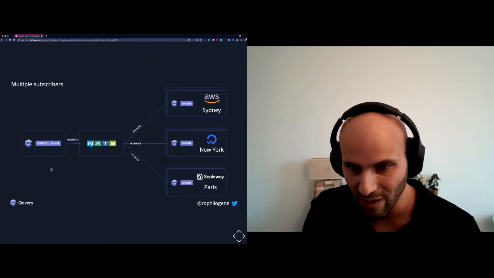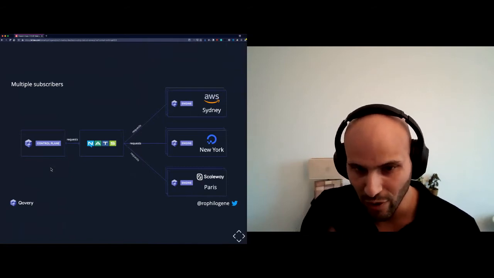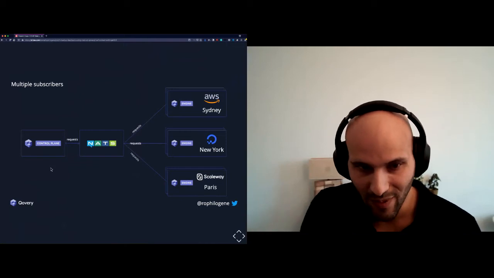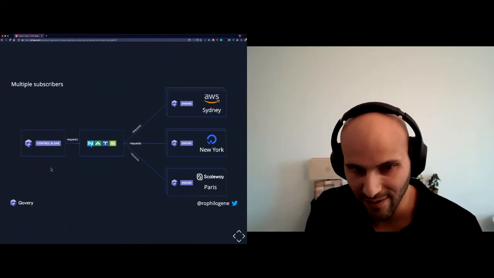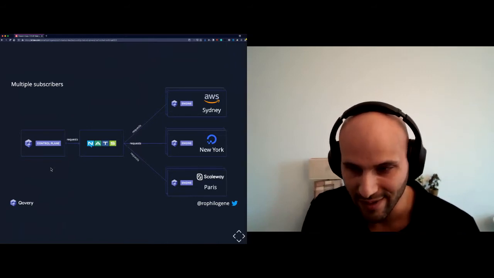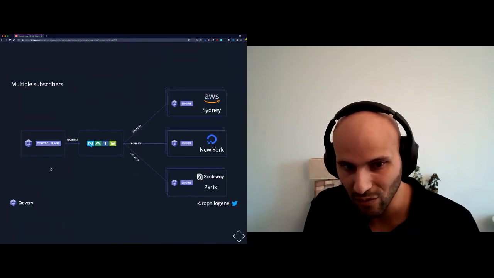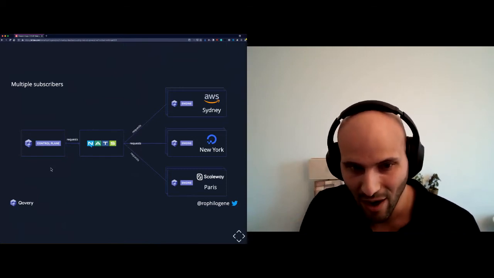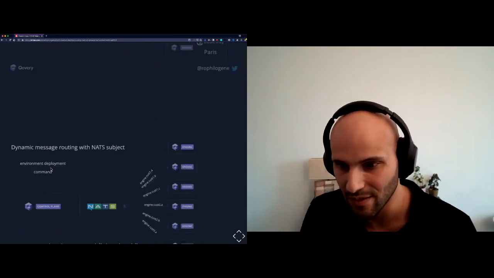Most of the time you have to change some stuff manually, put them into the configuration, reload the service, and keep the service working. It's not always the case, but in some cases it's what you have to do. This is where NATS really shines, because everything was made to subscribe very dynamically to any topic and then start to get access to those messages.